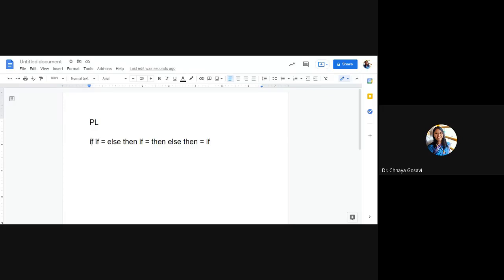Suppose I write this sentence in C language; it will be like this. If A equal to B, then A equal to C, else C is equal to A. Now, is it readable?